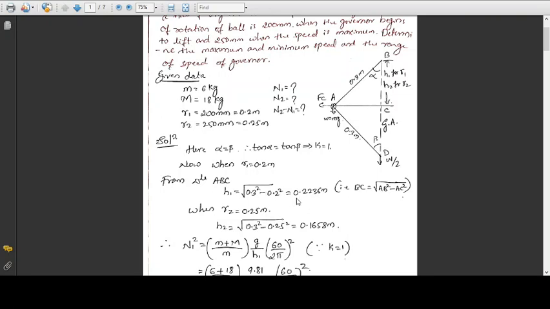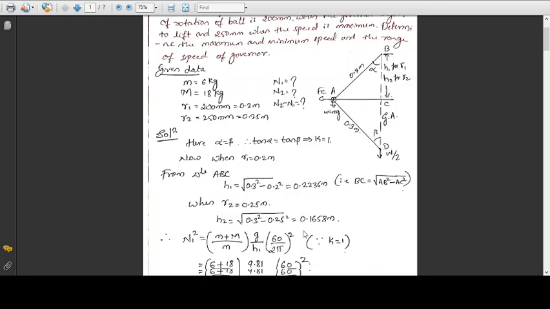After simplification, you will get the H1 value as 0.2236 meter. Then for the same condition, we'll use the same Pythagoras theorem to find out the value of H2 just by replacing R1 by R2. When you consider R2 as 0.25 meter, at that time H2 will be square root of 0.3 square minus 0.25 square, from which you will get H2 as